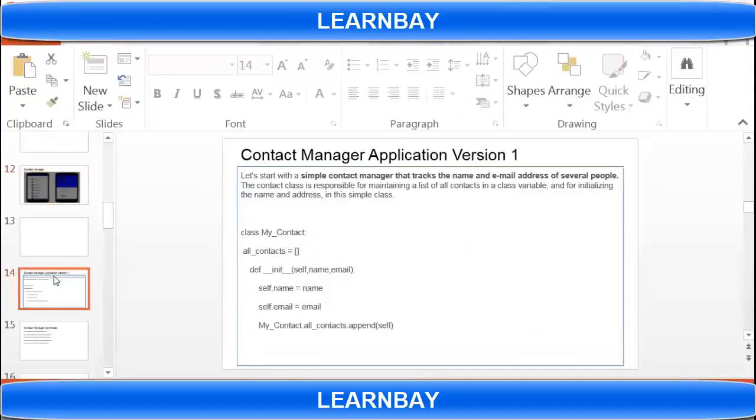For example, all contact equal to this one, which is above this init. How to access that? My contact dot all contact dot append self. That is called a class level variable, which will be shared among all the objects of this class. So we want to append in that global list rather than in a local list, and if you write self.contact list, it will create a new one.